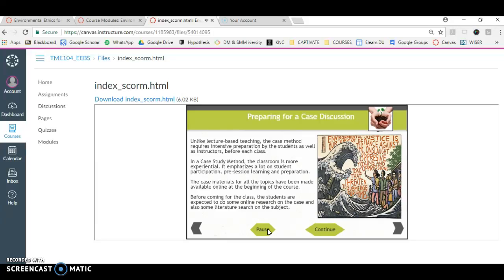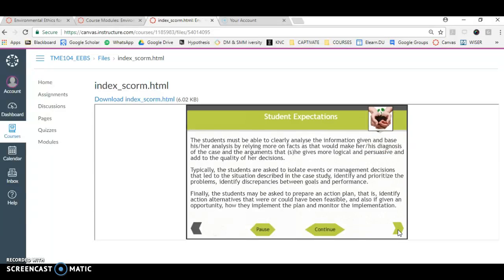here you can see that it is explained by the presentation that unlike lecture-based teaching, the case study method requires intensive preparation by the students as well as instructors before each class. And that is what I had been showing in the content earlier. And in the case studies method, the classroom is more experiential and it emphasizes a lot on student participation, pre-session learning and preparation. Now, as you go along with the presentation,